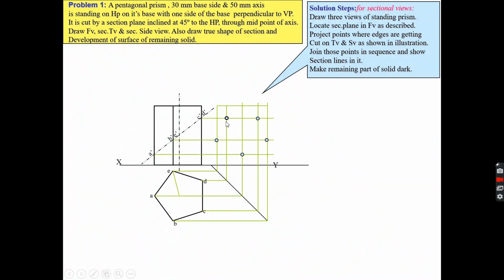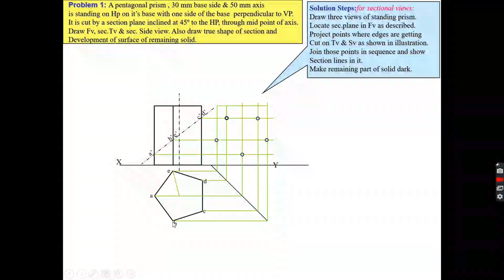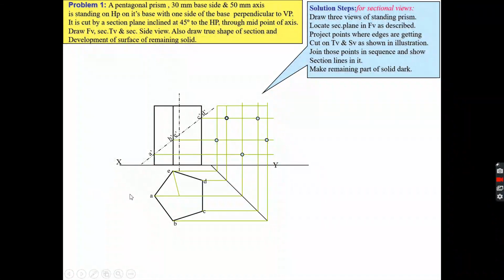The similar way you can get all the points. Okay, you are looking from here. So which portion of the solid will be visible to you? Of course, this part, this edge will be visible to you. From top view, you can see this point E and point B. If you look at the solid from this side, your edge E and B will also be visible to you,